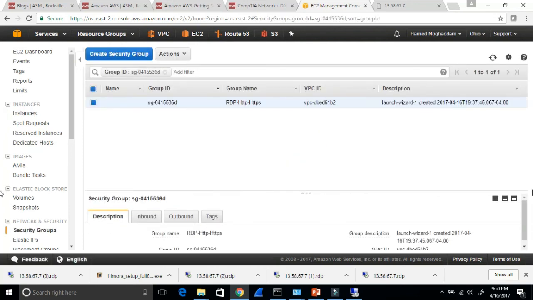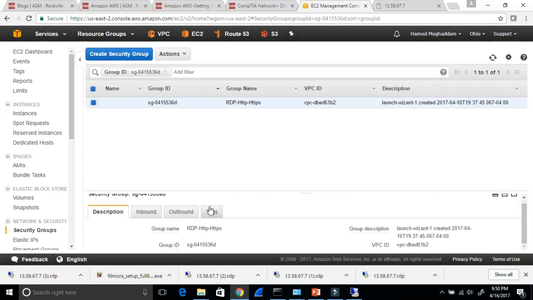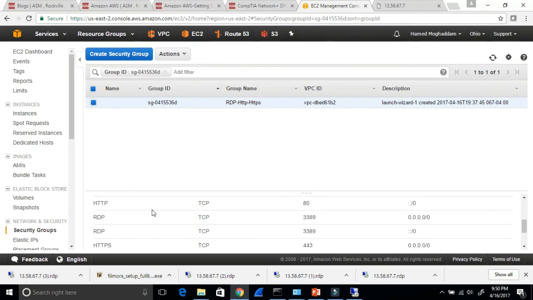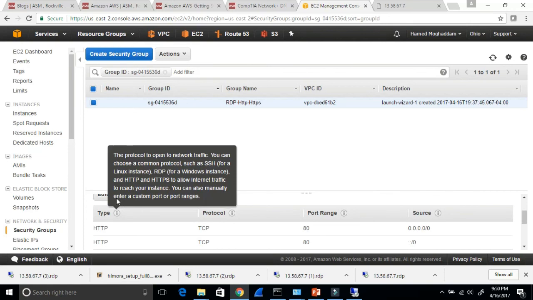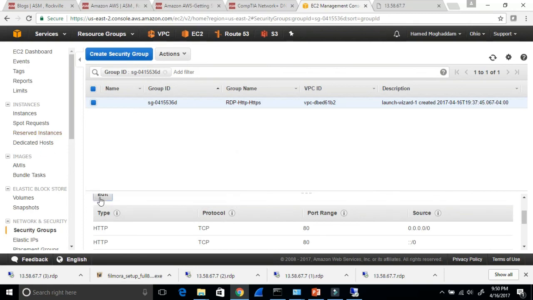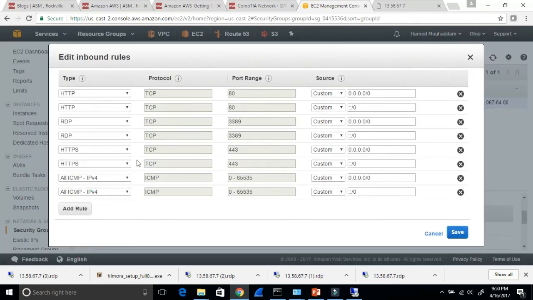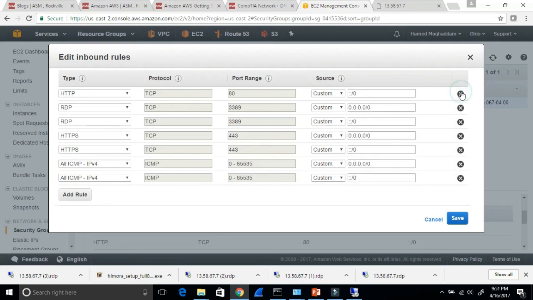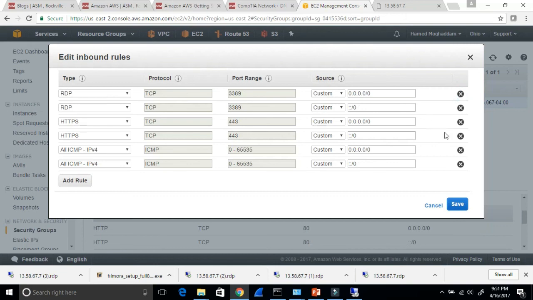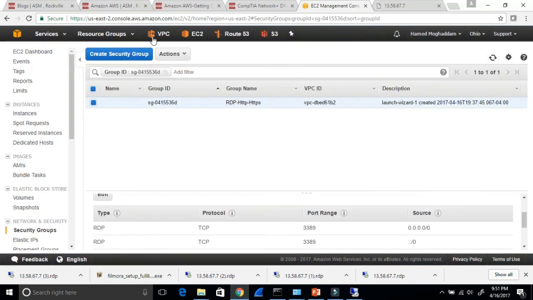Now watch this. If I go back to here, let's look at the security group, inbound. Whenever we create that, we have HTTP and HTTP is allowed. So if I click edit, watch this. If I remove HTTP, let's remove this one and that one. I click save. Now watch this. When I press enter,